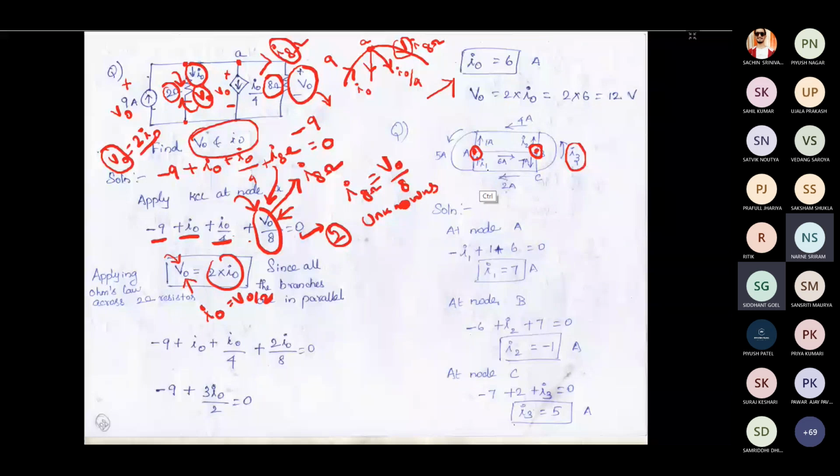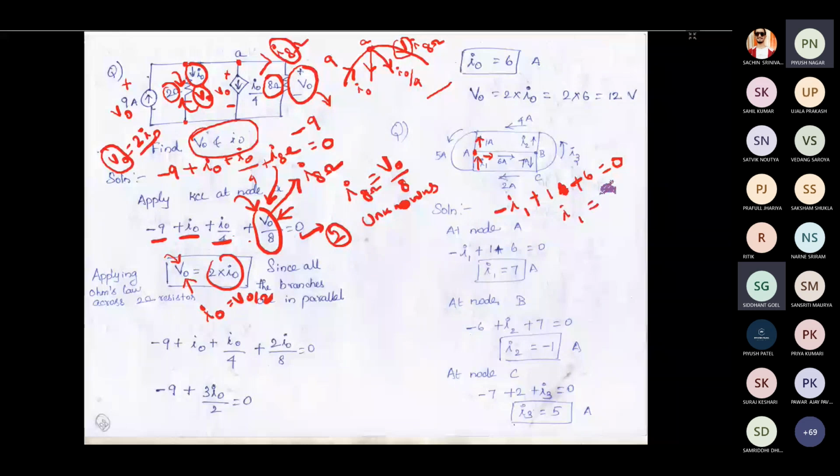So how can you find I1? You can see here that at this node one current is leaving out, one current is coming in, and here another current is leaving out. If you apply the KCL equation, this is incoming, remaining two are outgoing. So minus I1, I have written it for incoming, then plus 1 ampere for outgoing, which you just mentioned, then plus 6 ampere for outgoing, that is equal to 0. So from this I can write I1 is equal to 7 ampere. If you find I1, then other things you can find simply by applying KCL at this node.